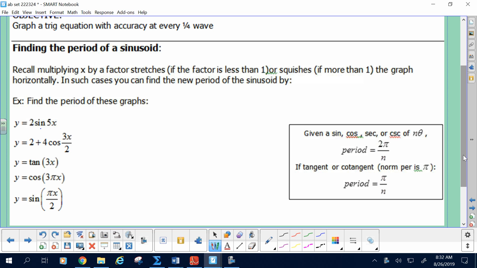All right, so let's go here. For sine or cosine, it's normally 2 pi for a full period. But if there's a factor with the x, then it's stretched or squished horizontally in an inverse kind of way. So for example, if you want the period of a sine curve or a cosine curve, you'll take 2 pi and divide it by the coefficient. So in this case, the period is,